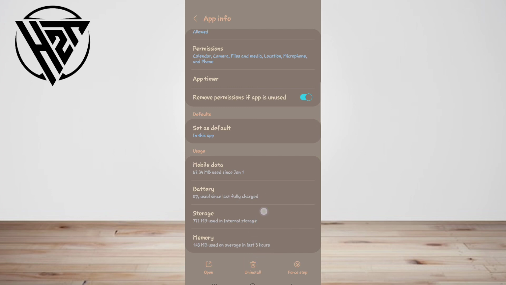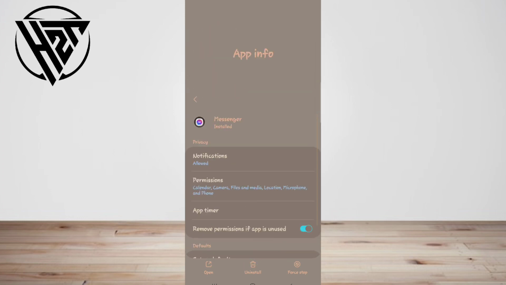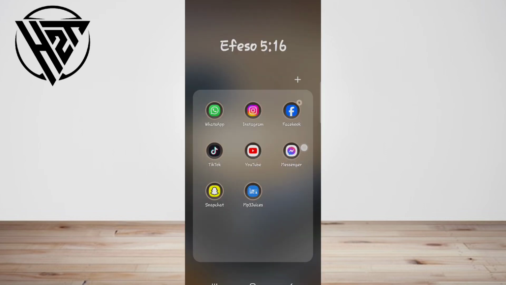You can then log out of the app. Then, you need to go to Home Screen and tap the Messenger icon to log in again. If the Facebook Messenger video call still does not work on your device, you can continue with this method.